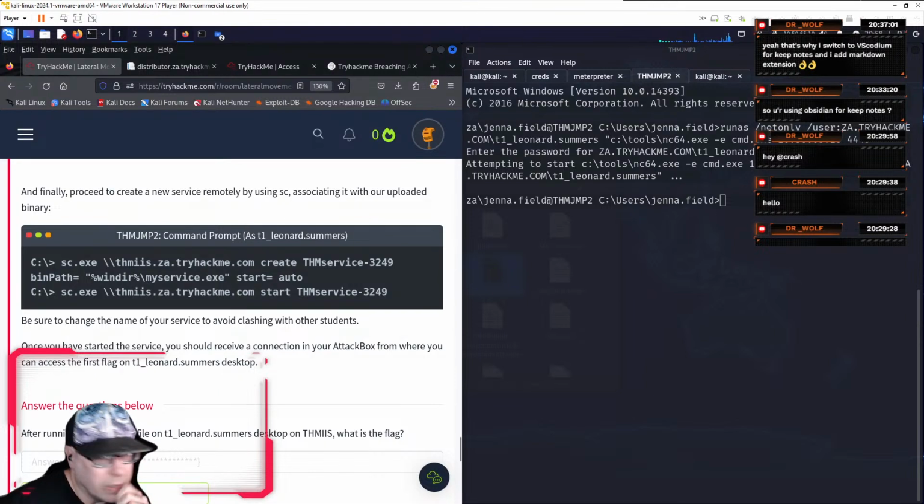All right, this is step 7. Create a new service remotely by using SC and associating it with our uploaded binary from the attack box listener, which then gives us the reverse shell on THM IIS. And so it's going to change from